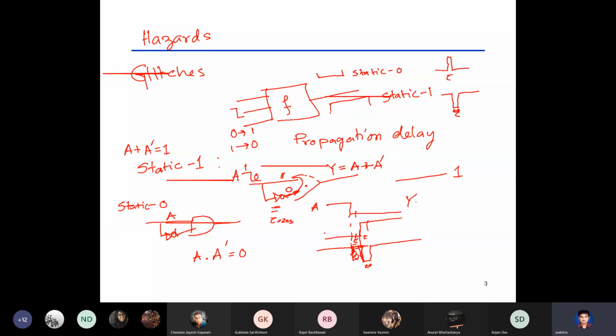Let's say there are 3 inputs, and Y equal to BA plus C A prime. If we draw it as a circuit, it will be